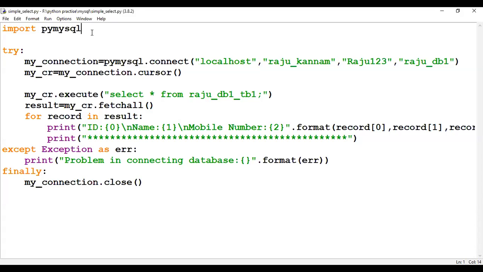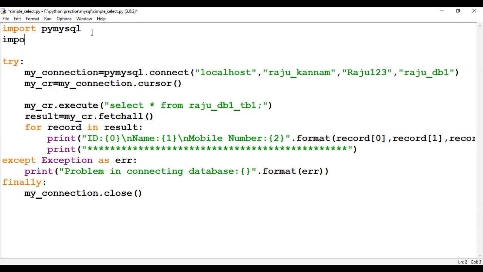Import PyMySQL, then from prettytable import a class called PrettyTable.